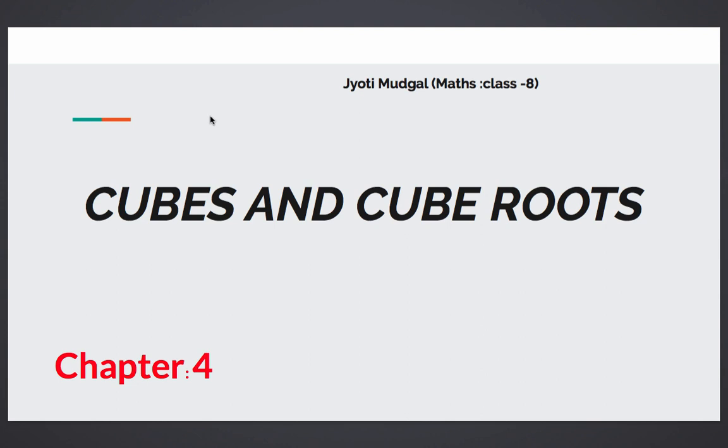Okay, so this is a good, interesting chapter, because you all know what cube means, what square means, right? In your junior classes, previous classes, you have done this part. Square, cubes. Say for example, I take a number 2. Its square is 2 into 2 and its cube is 2 into 2 into 2. Cube means multiplying the same value with itself 3 times, right? So that's what we are going to talk about. So it's going to be quite an interesting and easy exercise for you. Let's start with the same.